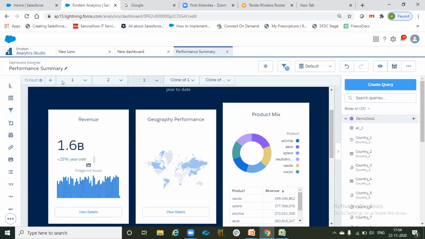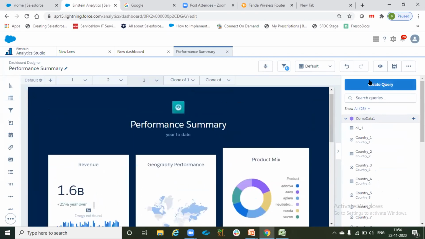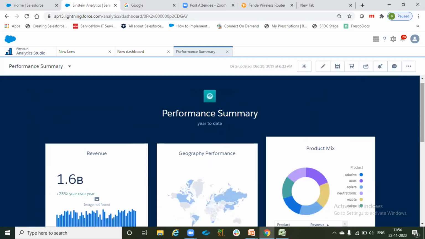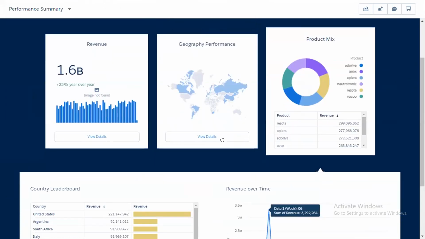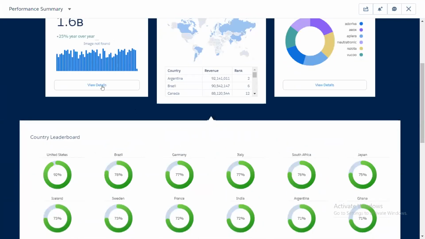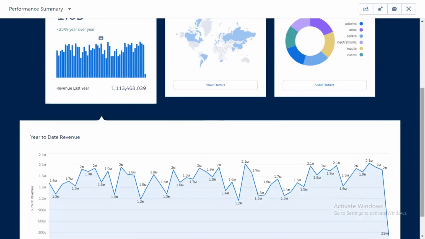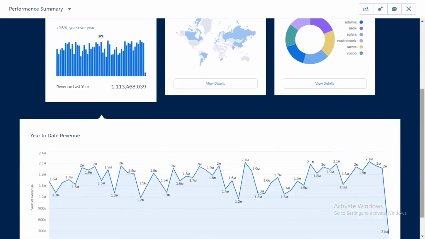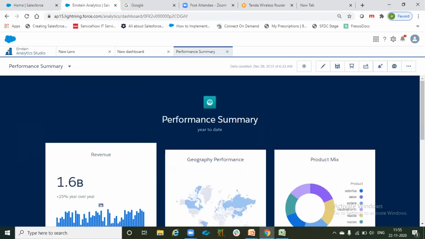I have used different sheets. In each sheet, I put different widgets based on the requirement. And then the user is navigating, experiencing or feeling like they are moving from one dashboard to another, but it's not happening in reality. So when I'm clicking on this view details, it's coming to here. There are many videos and articles where admins or developers use this navigation concept very effectively. So let's start the QA session.